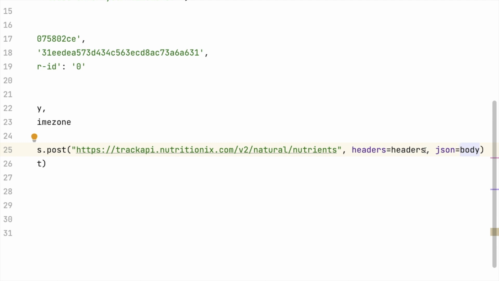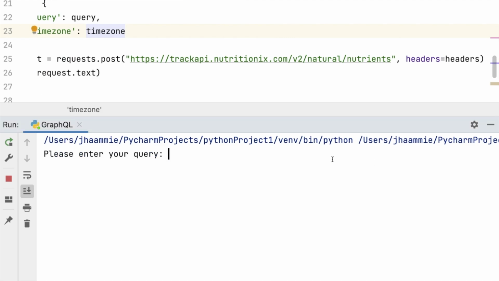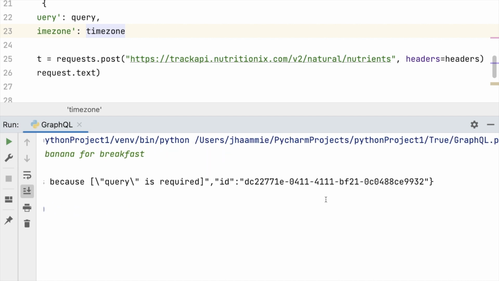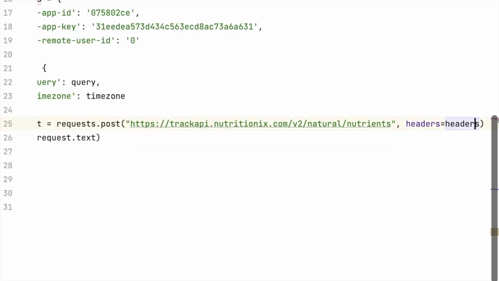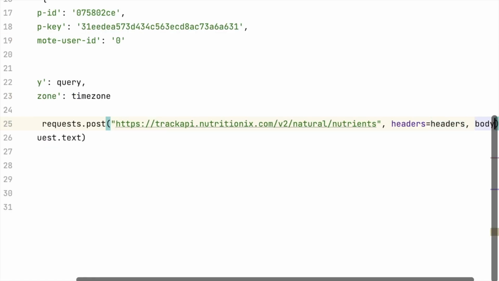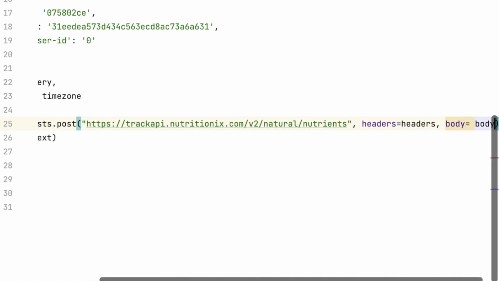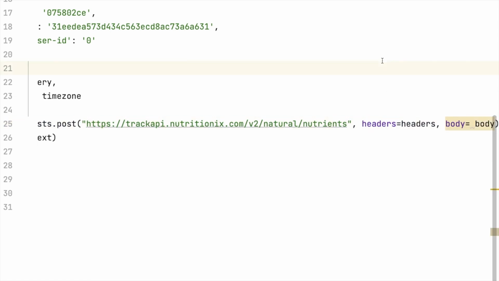Otherwise, if I, for example, take this away, then when I run it, it says please enter your query. I'll just stick with I ate a banana for breakfast, and the time zone is IST. Basically it needs the query, because obviously I've not sent it in. There's nothing such as body over here, so if I, for example, say body is equal to body, then here it says unexpected argument. So now if I run it,